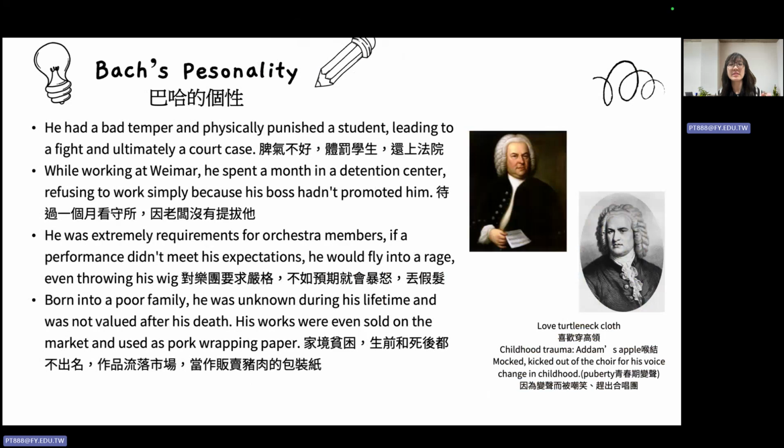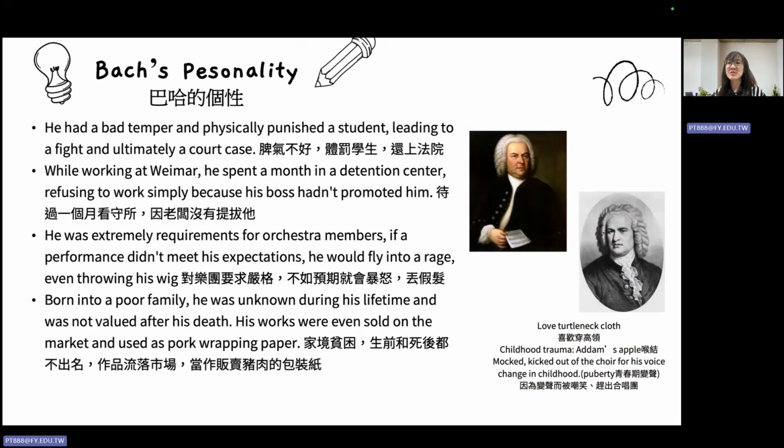He was extremely demanding of his orchestra members. If a performance didn't meet his expectations, he would fly into a rage, even throwing his wig. 那只要呢没有符合他的标准，他就会对这些团员大发雷霆，甚至会气到丢他们那个 wig 就是那个假发。Okay, because he was born into a poor family, he was unknown during his lifetime and was not valued after his death. 所以他其实因为非常非常贫穷，所以他在生前的时候其实完全都没有出名，都是默默无闻的。His works were even sold on the market and used as pork wrapping paper. 好，那他的作品呢，甚至当时那个很惨，被当作是回收的，被卖到市场上，去做那种包裹那个猪肉的纸，竟然是用 Bach 他的手稿。